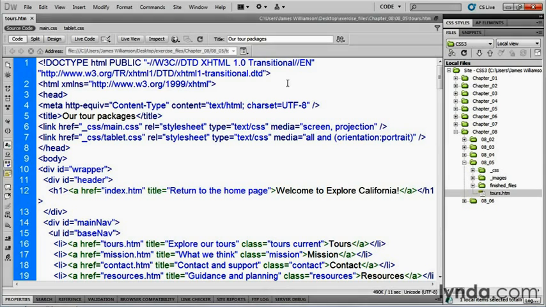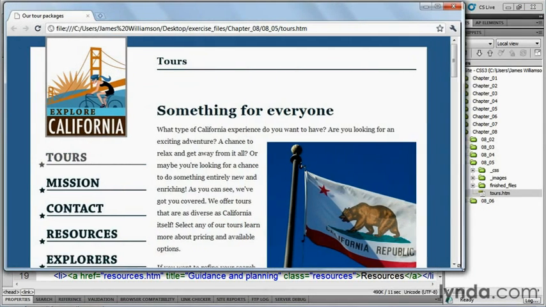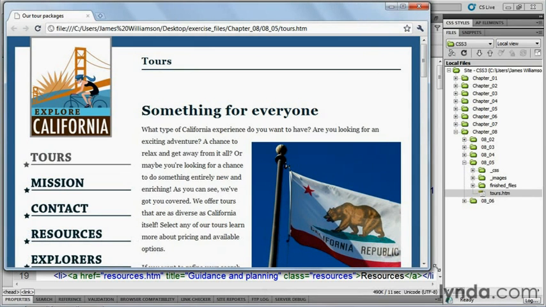Let's test it out. So if I save this and just preview this, say, in Chrome, you'll notice that when the aspect ratio of my screen is wider,